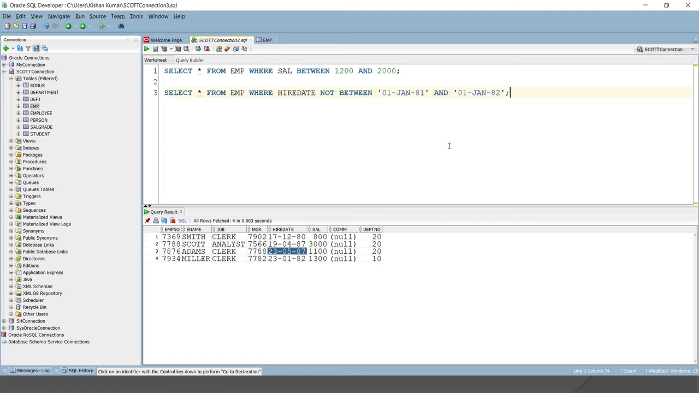Now let's move ahead and see a couple more examples. There we'll see how we can make use of the in operator. The in operator can be used to select rows that match one of the values included in the list. Let's say I want to display the list of employees who are either analyst or salesman. Then how can we write the query? I'm going to write select star from employee, all the columns I would like to select, where job,